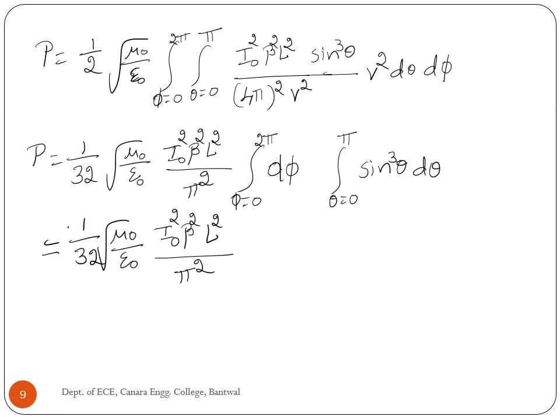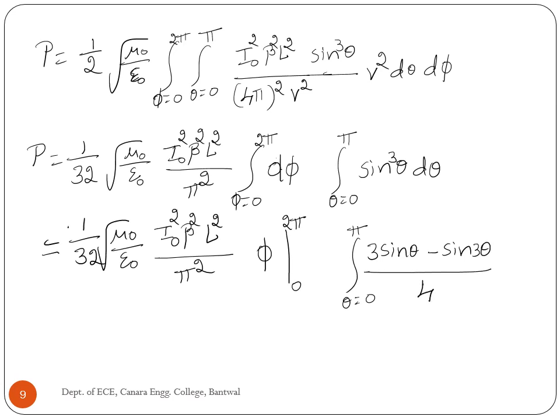So integration of d phi equals phi from 0 to 2 pi. Next, theta 0 to pi sin cube theta is 3 sin theta minus sin 3 theta divided by 4 d theta. Therefore radiated power P equal to